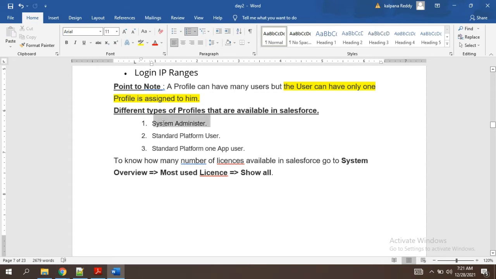These are the different types of profiles. So this is not needed. I'll add ours. So this is our department.